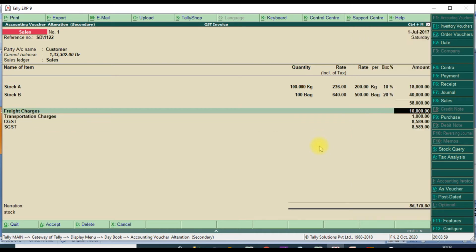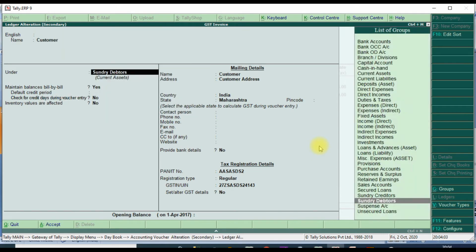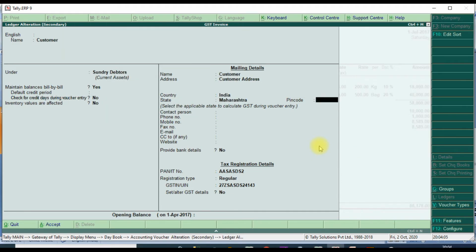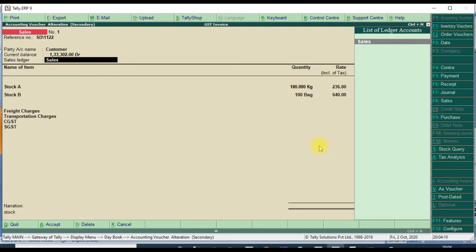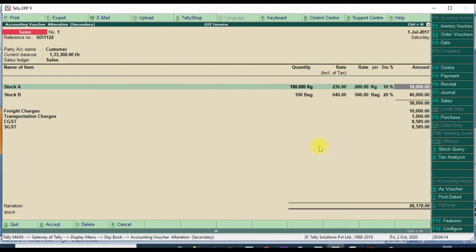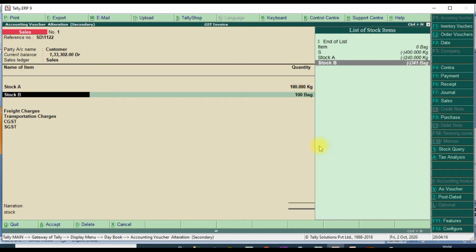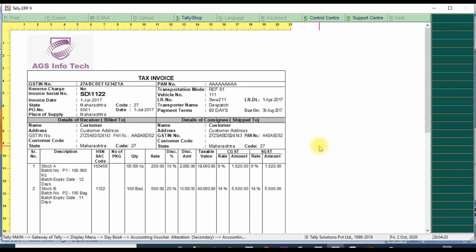This is for local state transfer. We will see, control enter, customer Maharashtra only. And save it. Then we take print. We will design this format.